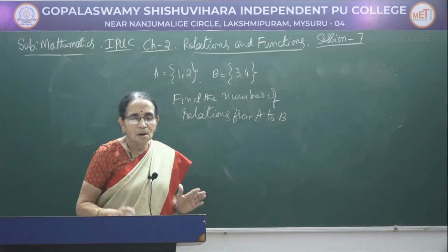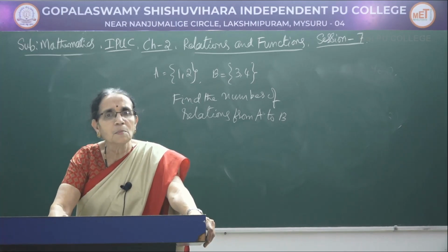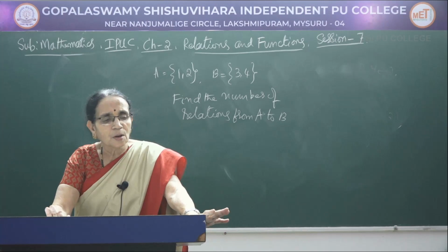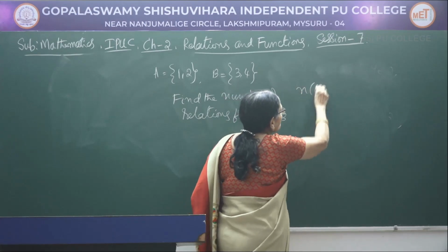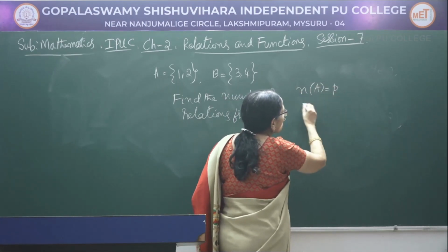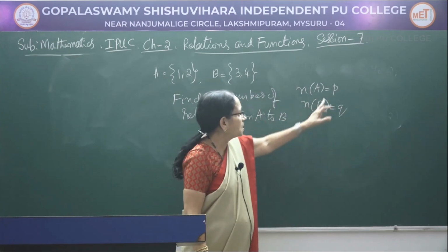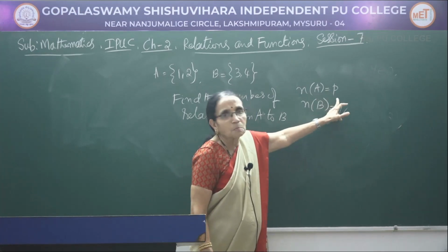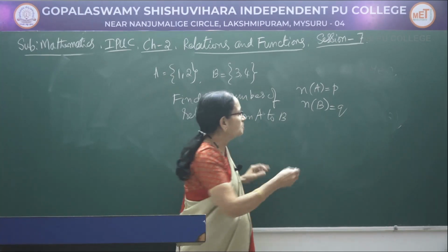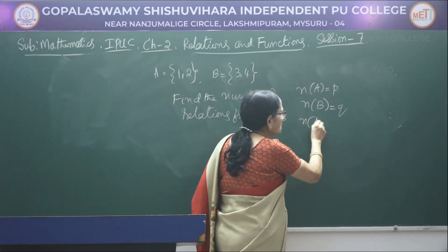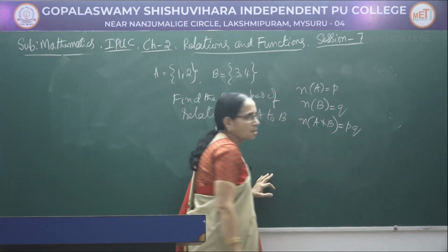For this, when I defined the relation, I had given you one piece of information. I hope you remember that one. Now, when two sets are like this, suppose there are two sets A and B. Suppose n of A equal to P and n of B equal to Q. What do you mean by this? The set A, finite sets of course, contains P elements, set B contains Q elements. While teaching about ordered pairs and the Cartesian product, I had given this information also. n of A cross B would be equal to PQ.